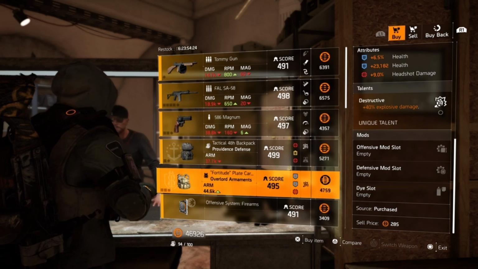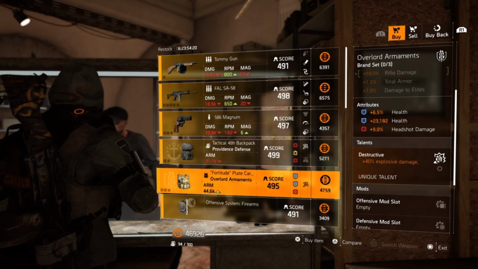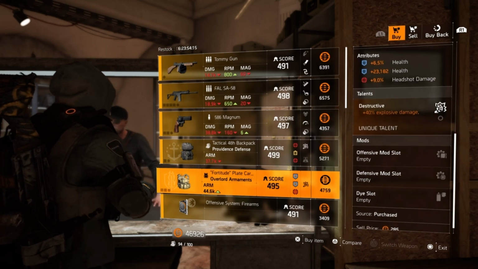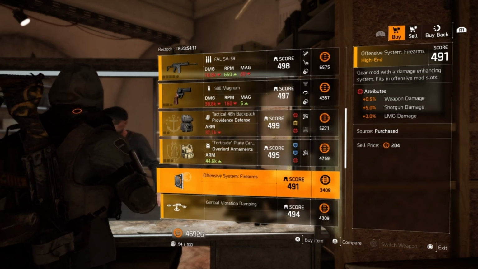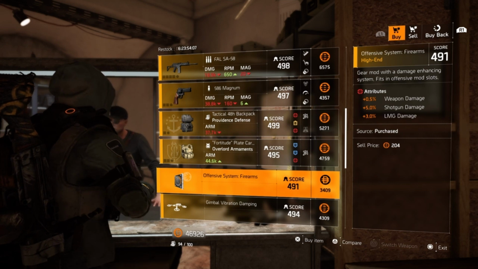a utility mod slot. Next we have an Overlord Armaments chest piece with 6.5% health, 23,182 health, 9% headshot damage, destructive, and then an offensive defensive mod slot. Next, we have an offensive systems firearms mod with 0.5% of weapon damage, 5% going to shotgun damage, and 3%